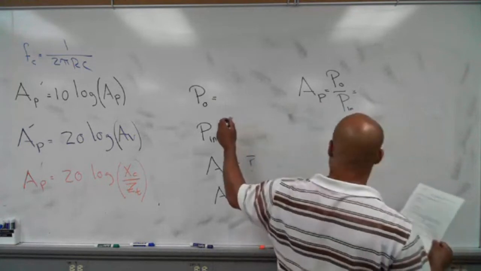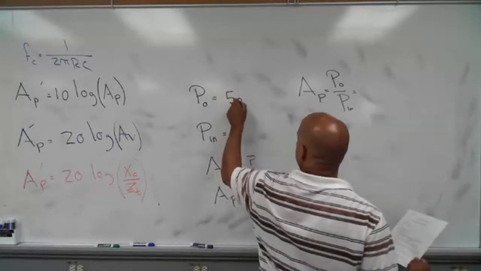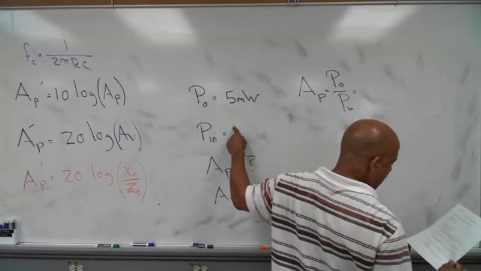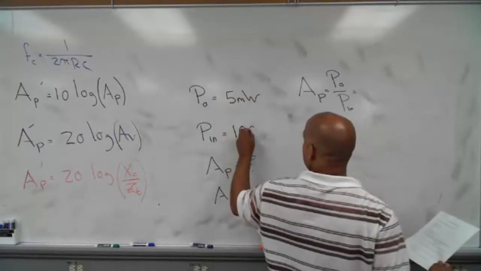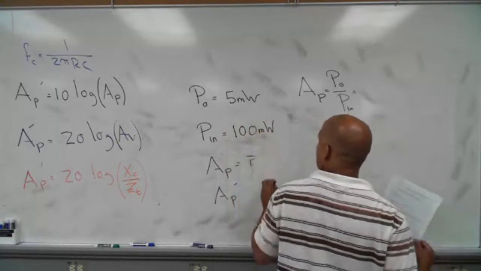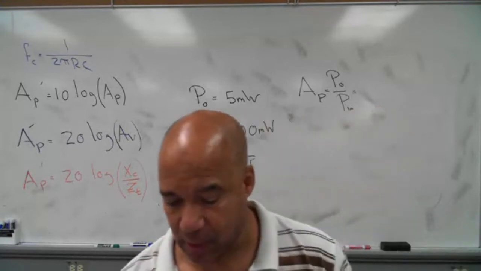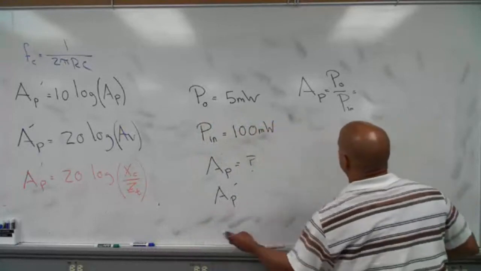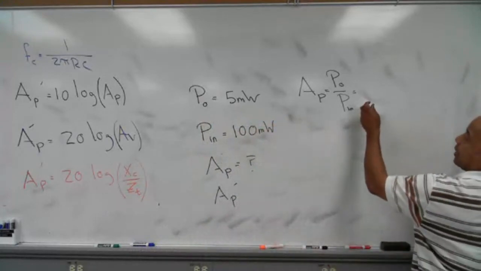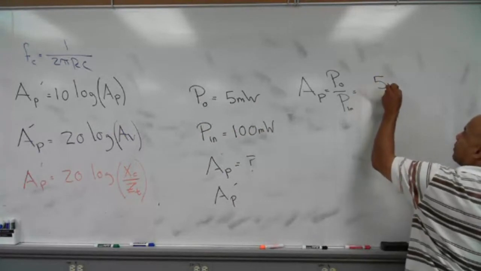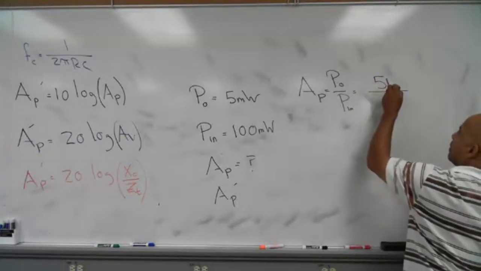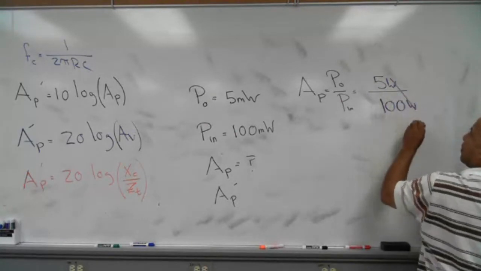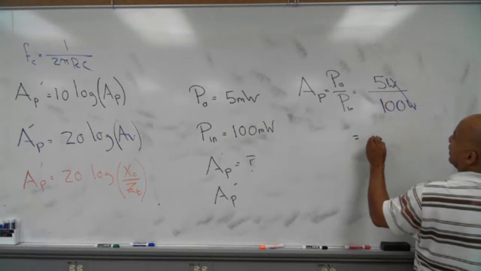My output power is 5 milliwatts, and my input power is 100 milliwatts. And they want to know, okay, well, what's the regular gain? Well, let's put the numbers in and see. I got coming out 5 milliwatts. I got 100 milliwatts going in. I do the math, I get